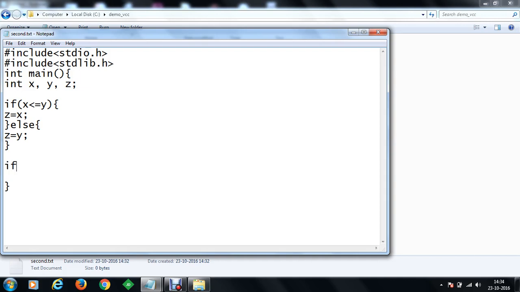By chance a programmer has written code such as: if x is smaller than z, we print success code, and else we print failure code.